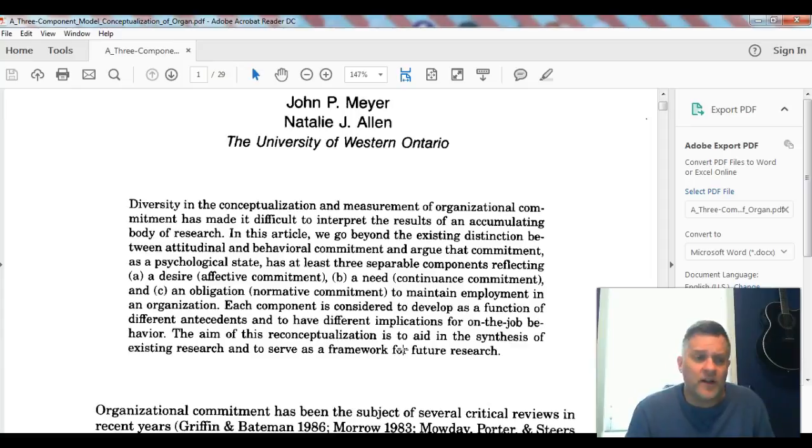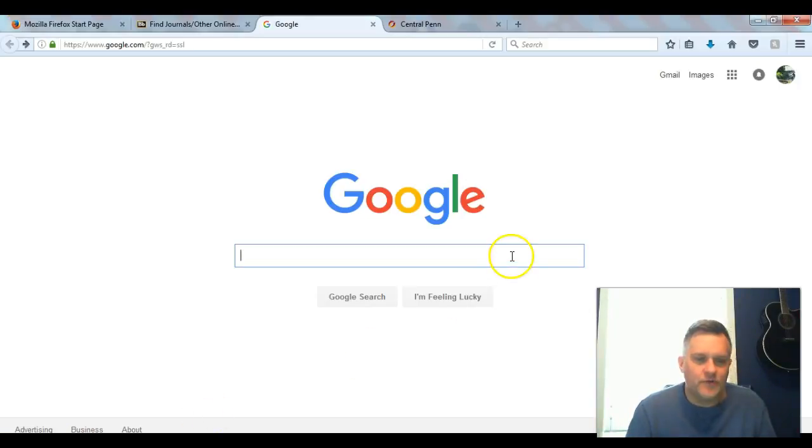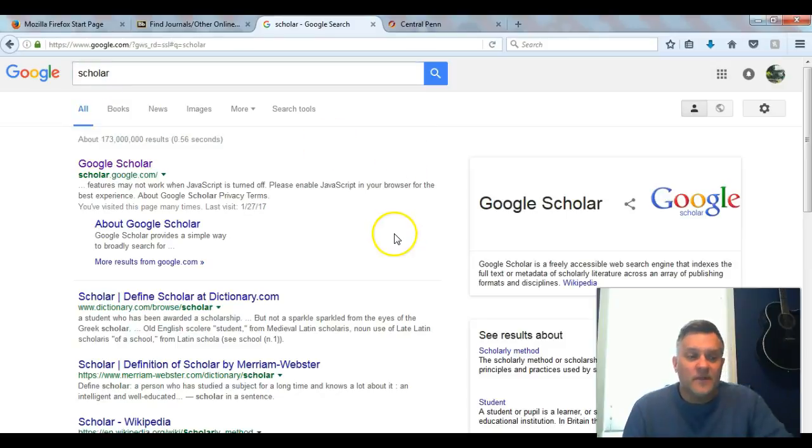So where did I find this paper? Well, if you go to, oh boy, I don't know if I can see it here. I'm going to minimize this. There's a couple of places actually, and I'm going to show you 2 places where you can go. If I'm feeling a little lazy and I just want to get a quick hit article here, what I do is go to Google, but I don't search in Google. I type in Scholar, and then Google Scholar comes up, and I go to Google Scholar.